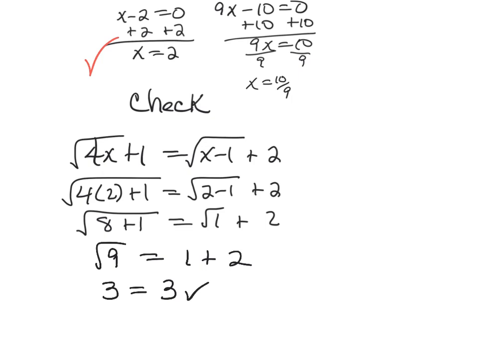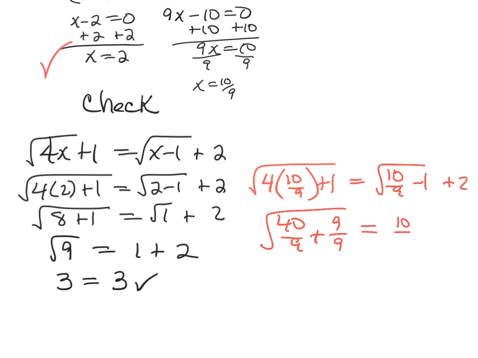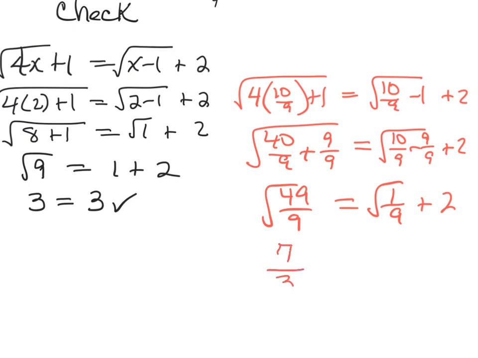Let me do it again with the 10 ninths. So 4 times 10 ninths plus 1 under the radical is equal to 10 ninths minus 1 plus 2. 40 over 9. I'm going to change the 1 into 9 over 9. Again, change the whole number 1 into 9 over 9. 49 over 9. Over here, 1/9. I can square root these separately. This becomes 1/3